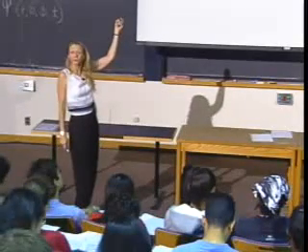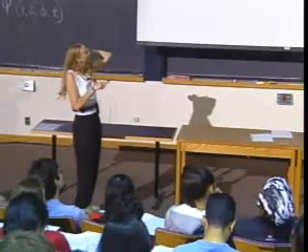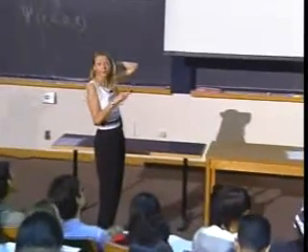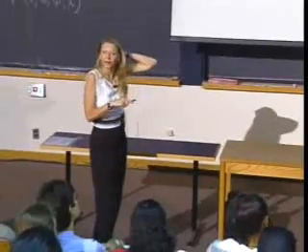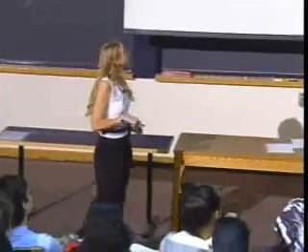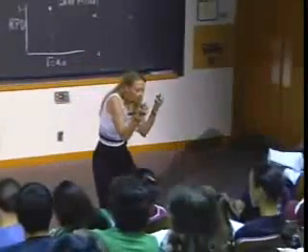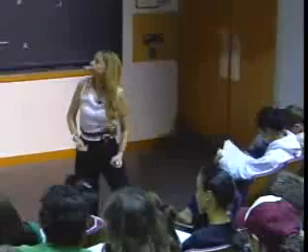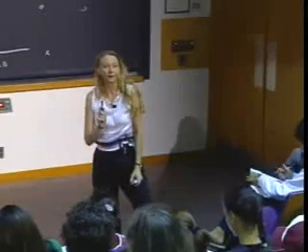Here it is for 3p. Here it is for 3d. Again, the most probable value of r for 3d is a little smaller than it is for 3p, which is a little smaller than it is for 3s. Okay? So in general, as the angular momentum quantum number goes up, the electrons are a little bit closer in to the nucleus. However, and this is important,